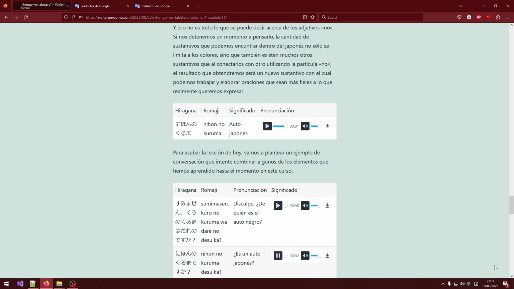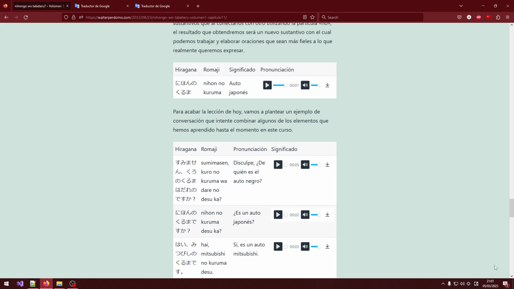日本の車ですか？ Is it a Japanese car? はい、三菱の車です。